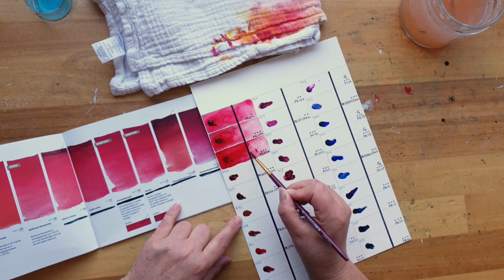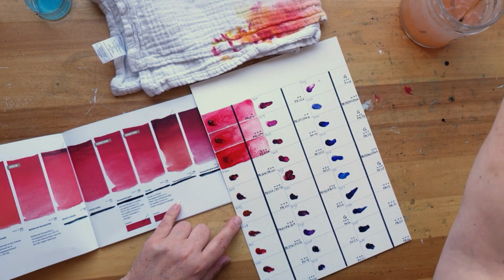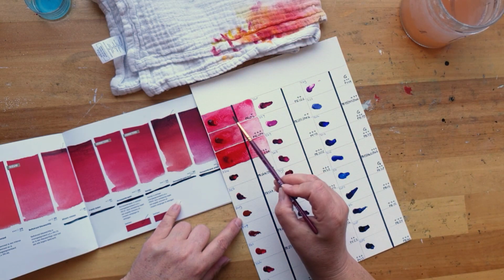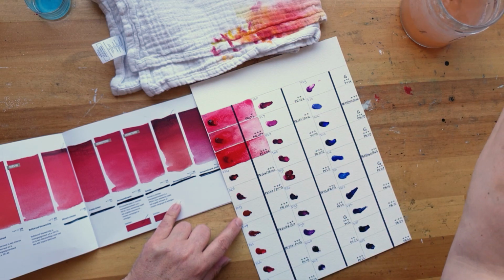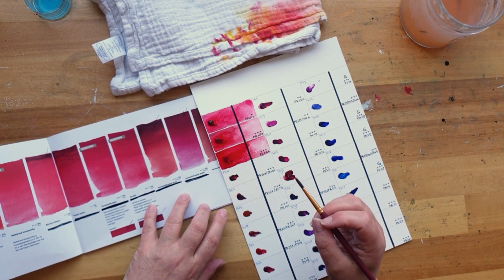So I'm trying to mix in just a little bit more to see what happens when I do. I'm curious how it dries up. This one, I'm beginning to understand why people like this color so much. It turns into a really beautiful pink once it's dried up. Right, Permanent Manganese Brown